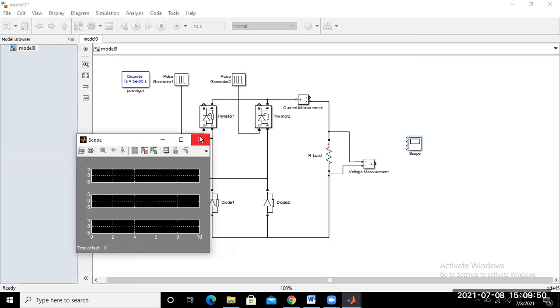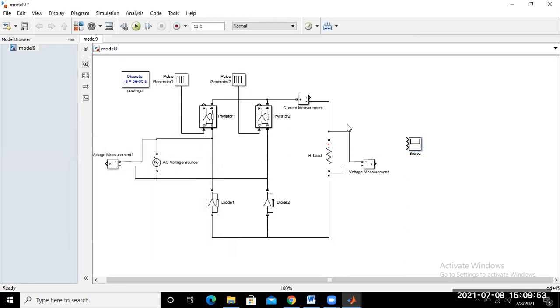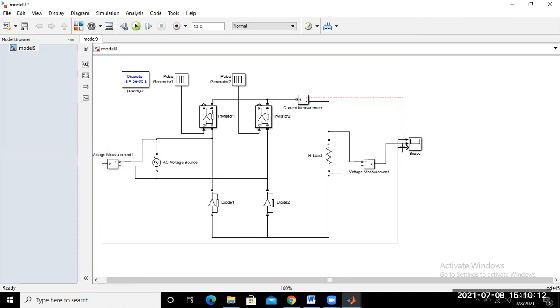So 3 axes create here. Now just connect here. The input voltage voltmeter connected to number 1. Output voltage connected to this one. And again this emitter output voltage up to this. Okay. So we just already connect all the parameters. Now you set the running time, that means 0.3. Now our model is already simulated.